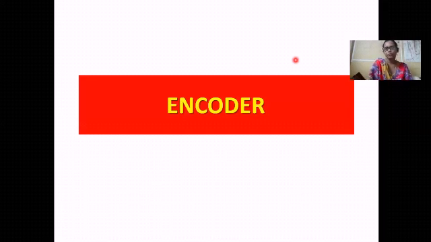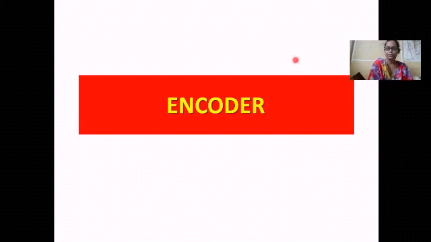Next, after that, we have moved on to the combinational circuits, that is module 3. In the combinational circuits, we have seen the differences between the combinational circuit and the sequential circuits. Next, we have learned about the adder circuits and the subtractor circuits. In the adder circuits, we have studied about the half adders and the full adders.